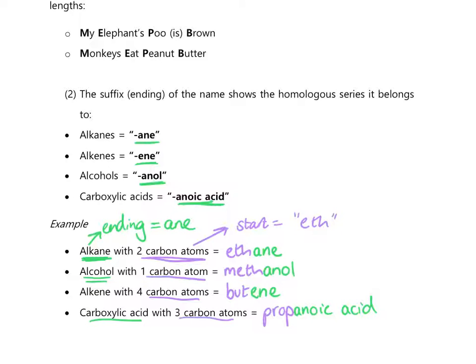So there's a general way of learning how you name compounds. If you were asked in an exam to do it this way, this is very, very easy marks. Your number of carbon atoms determines the start of the name. Your family that it belongs to determines the end of the name. Again, the next section is all in your notes, and we're going to flick forward now to page 22.